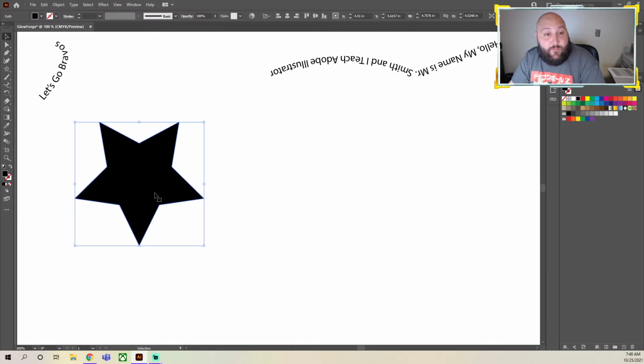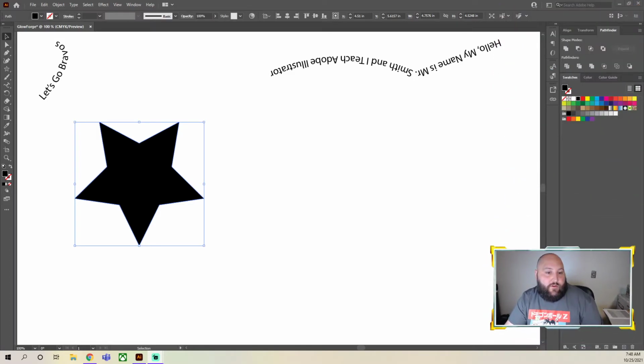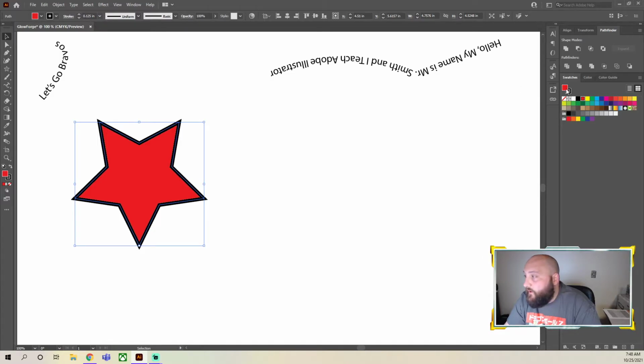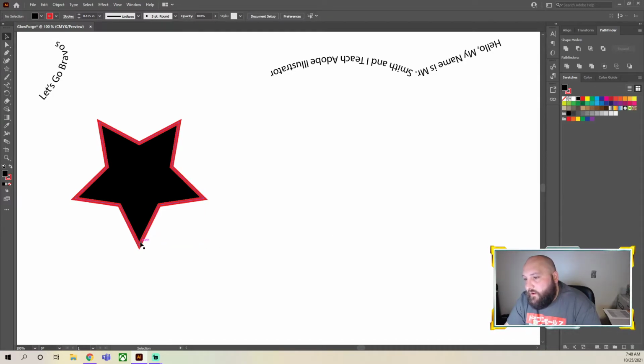Again, just some review, guys. Your fill and stroke is over here on the right. So maybe I want this star to be red on the outside with a little thicker stroke. I did that up at the top. Actually, I want it to be red on the inside and, no, black on the inside. All right. So what I can do now is if I go get the type on a path tool,